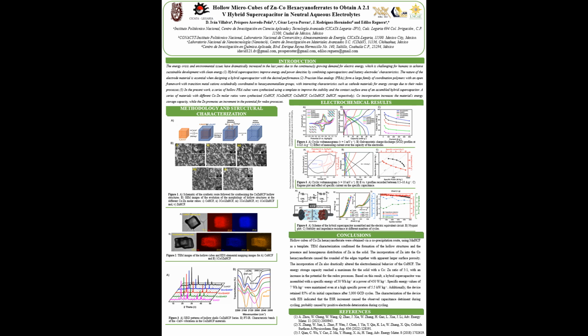Once the results of the device are known, the electrochemical impedance spectroscopy and the cycling stability are finally evaluated. Figure 6a shows a schematic representation of the hybrid device. The schematic shows the electrode of Faraday-type material, in this case cobalt zinc hexacyanoferrate, on the right side, and the electrode of capacitive-type material, activated carbon, on the left side, reaching a voltage of 2.1 volts in a fully